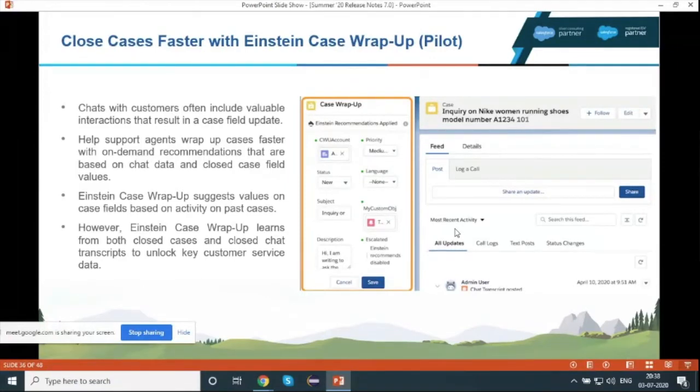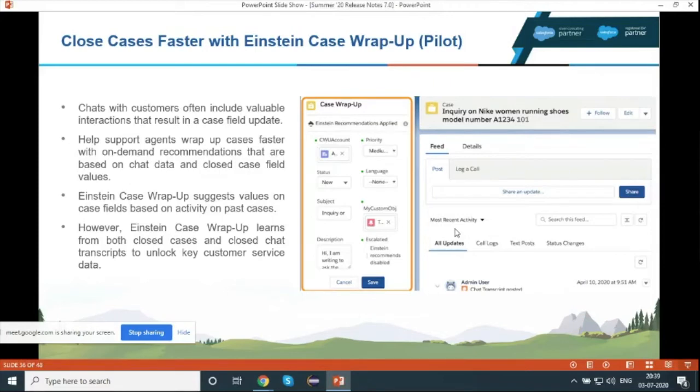Close cases faster with Einstein case wrap-up pilot. This is under pilot. Let me take an example. Previously in Classic, there was a case close button. When we clicked that button, it opened a separate page layout where we filled in some fields, and then we closed the case.